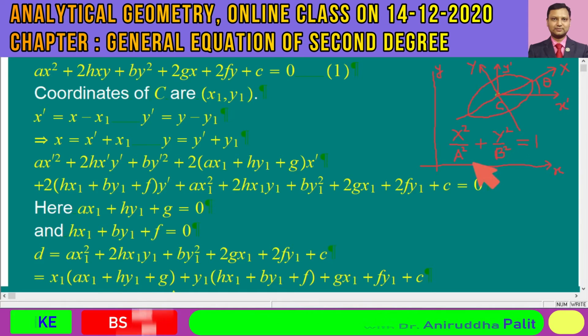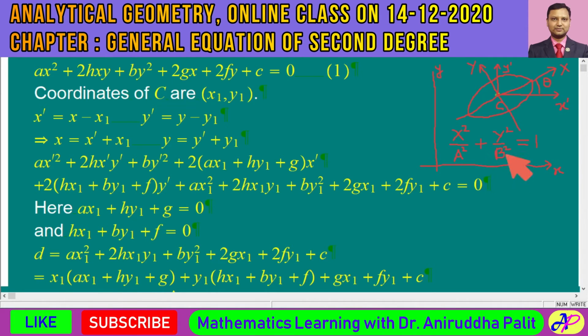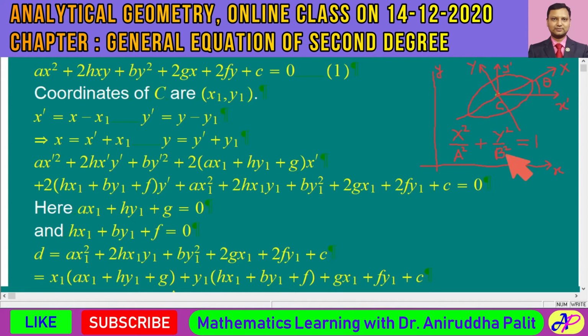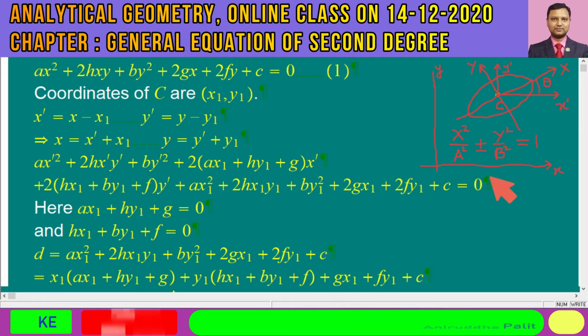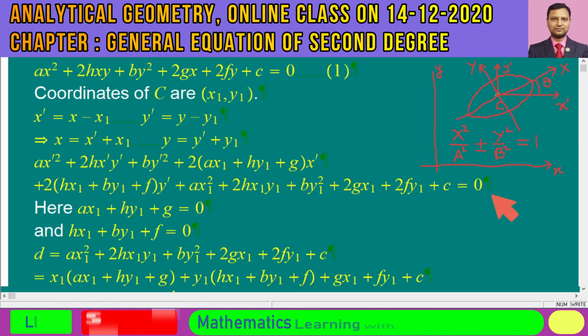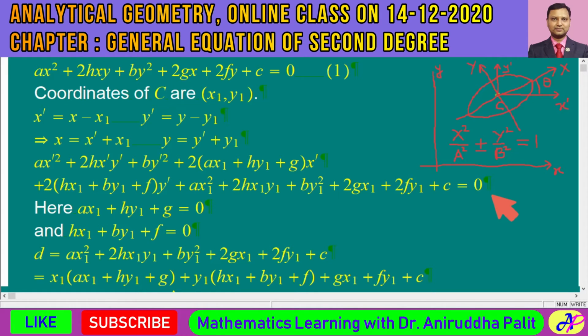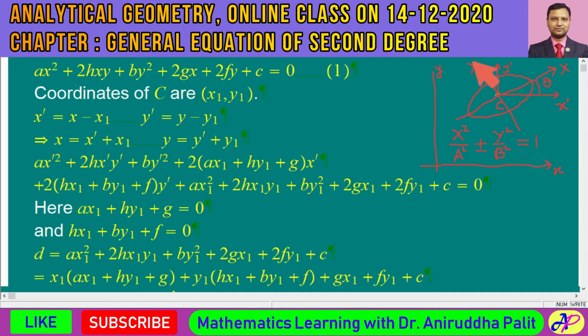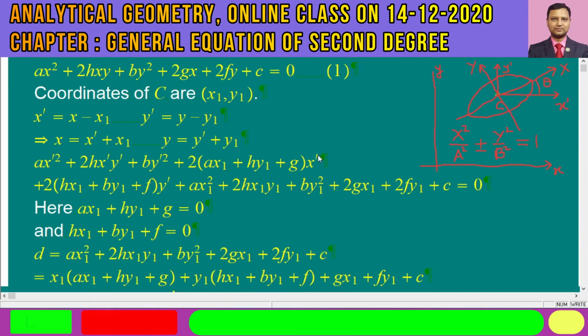So we expect this kind of expression, x square by a square plus y square by b square, provided we know what this expression is. It may also be the expression of hyperbola. If it is an expression of hyperbola, we would have a negative sign over it. We are not sure whether it is a parabola or hyperbola, we are just going to discuss them together. If it is an ellipse, not parabola, in that case a positive sign would appear. If it is a hyperbola, in that case a negative sign would appear. Anyway, so let's see.